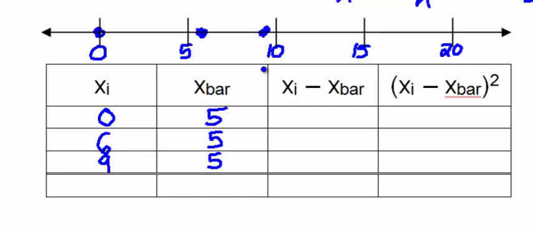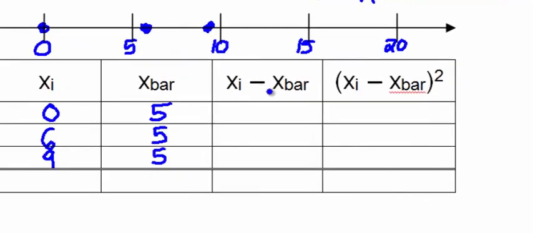So the center of this data set is about 5, according to the mean. Now the standard deviation measures the spread of this data set. Now again, we'll do 4 data sets to sort of illustrate, as you spread the points out, how does that affect the standard deviation. Our first step to computing the standard deviation is to compute what's called the deviations, and